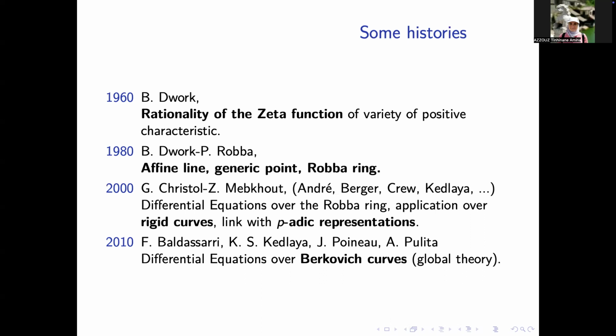In the beginning, it was over the affine line, but at that moment they were using more functional analysis to define the affine line. It's not like what I will explain now, where we can use a geometric notion and explain what the affine line is. After that, this theory was developed over some other ring, the Robba ring, which is some kind of ring of special analytic functions, and the differential equation over this ring is related to the